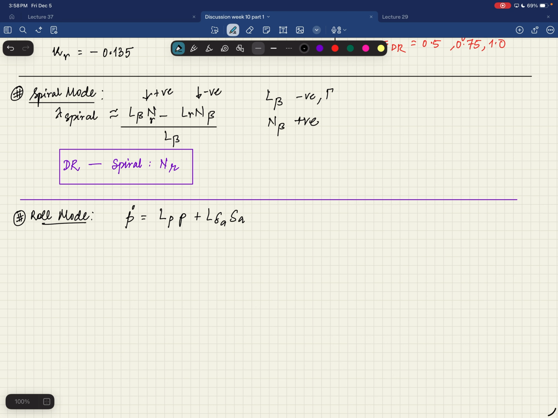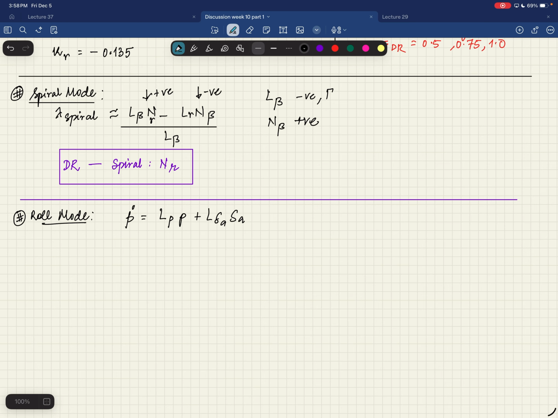Pick up the values that I provide for the Navion aircraft, plug them in, and find the eigenvalue and eigenvector for this mode. That shouldn't be a huge problem, because it is a first order system, so you have just one eigenvalue, right? And that eigenvalue is,